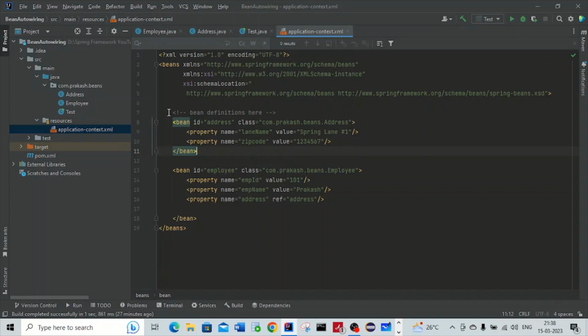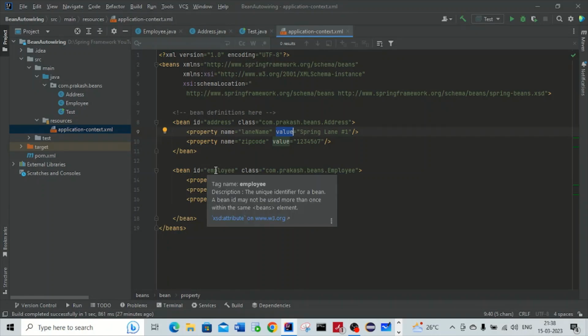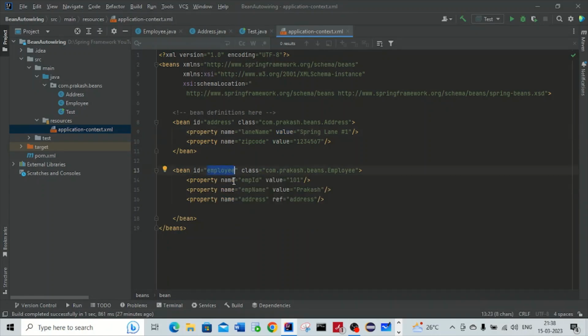previously what we did, we have written the bean definitions, right? The address bean, having two properties, right? Since this is primitive, I have written the value tag. Okay, and this is the employee. In the employee we are going to inject the primitive type as well as the ref type. Okay, so here instead of writing the ref, what we are going to do,